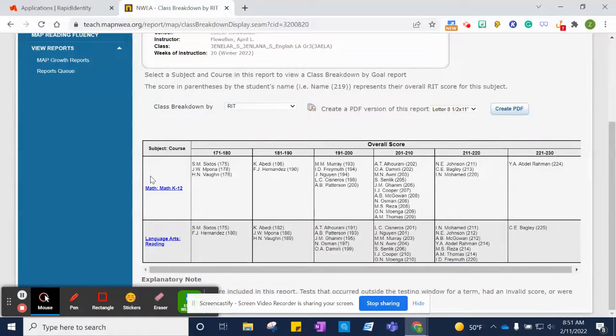So over here you can see for math, this is their RIT score, and these are your groups. So you'll be pulling them together, or based on what you're working on. You already have your ELA and your math groups made for you. Once you see what RIT score they're at,